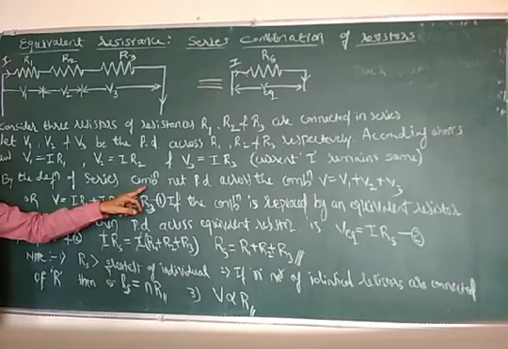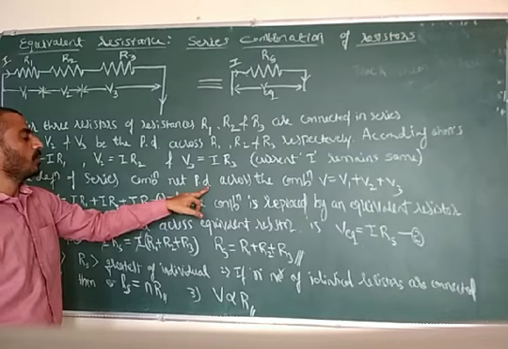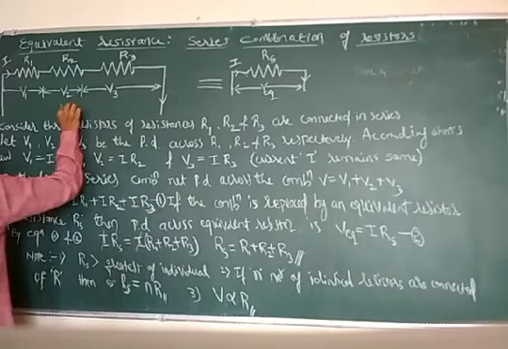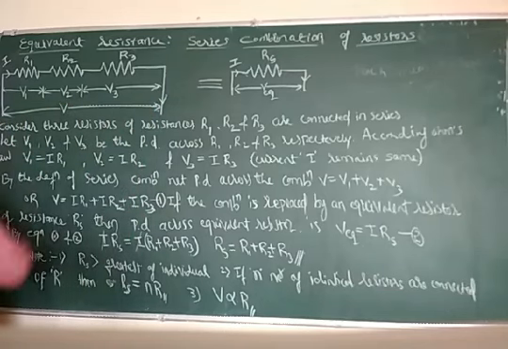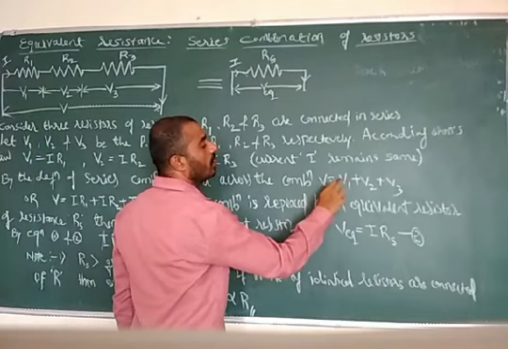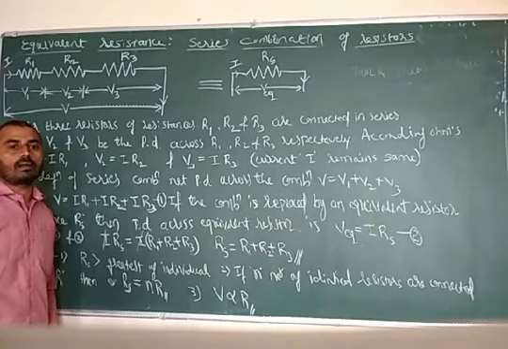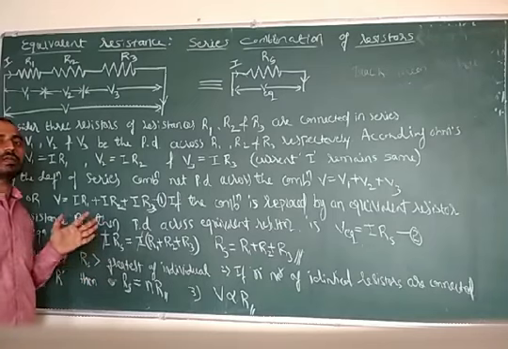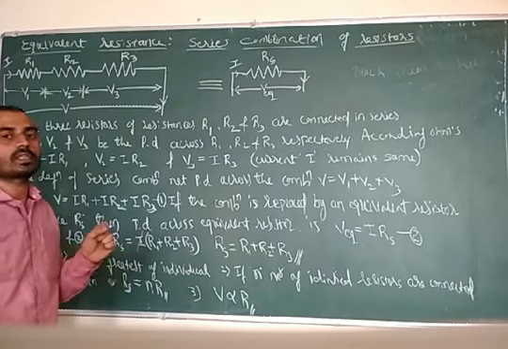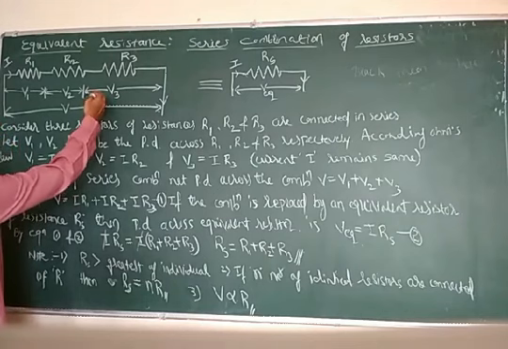By the definition of a series combination, the net potential difference, or net voltage across the combination, across all the 3 resistors, V, is equal to V1 plus V2 plus V3. Because in series, PDs are added. Net PD is equal to the sum of the individual potential differences across all the components. Here, when I say component, you should understand it as a resistor, because a resistor is also an electrical component. And in the figure, it is shown like this.